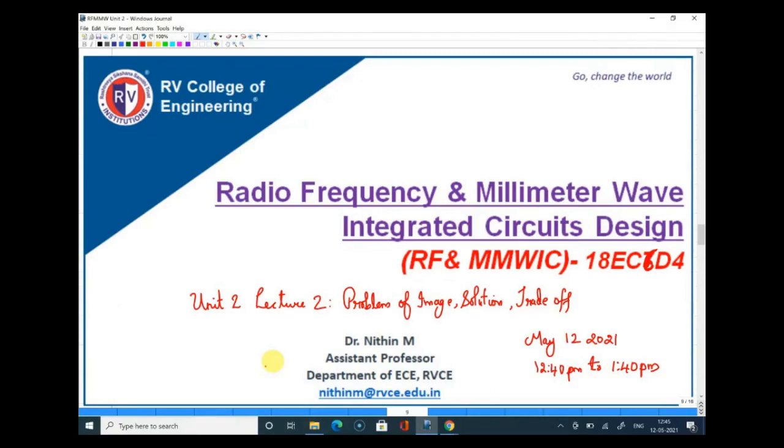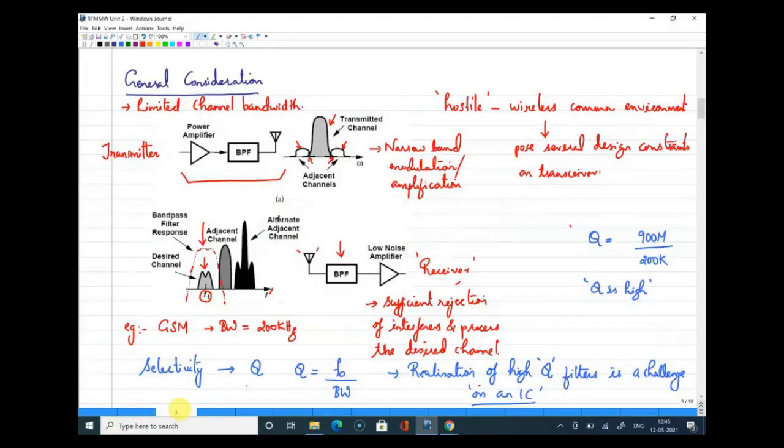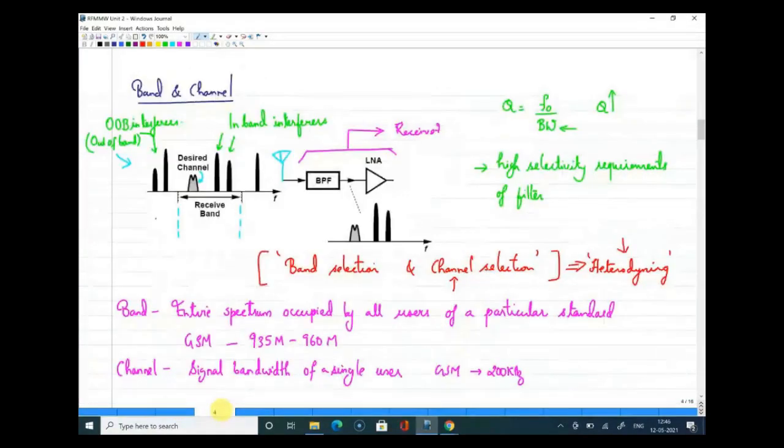Welcome to today's lecture. This is lecture number 2 in Unit 2. In the last lecture, we started discussion on transceiver architectures, where we listed various architectures of receivers and transmitters, and we started with the general consideration of a limited bandwidth. Now we saw the constraints which a wireless communication environment imposes on the design of both transmitters and receivers. We specifically looked at the difference between band and channel, and how